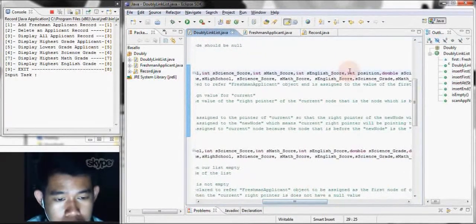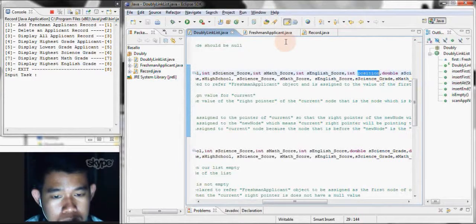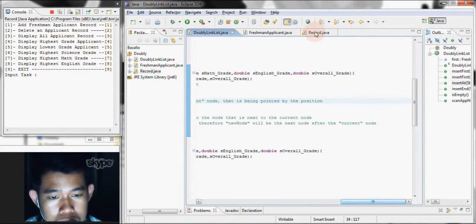Where is the position? This is being passed already,